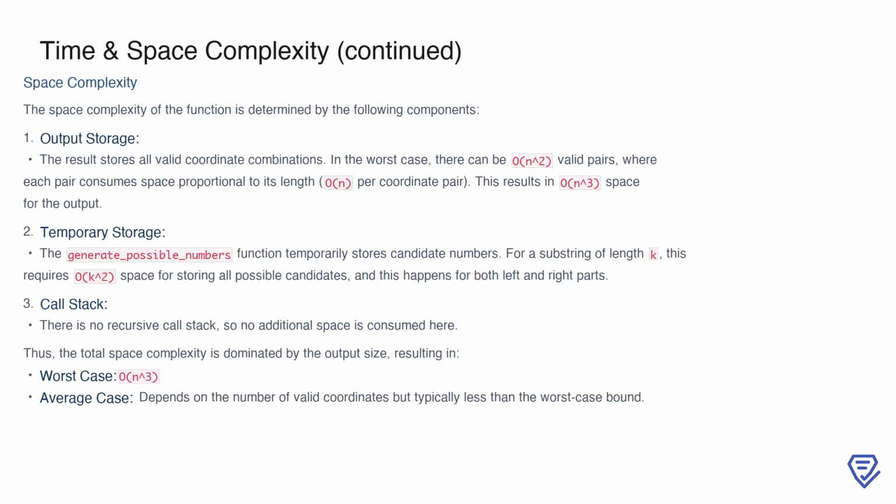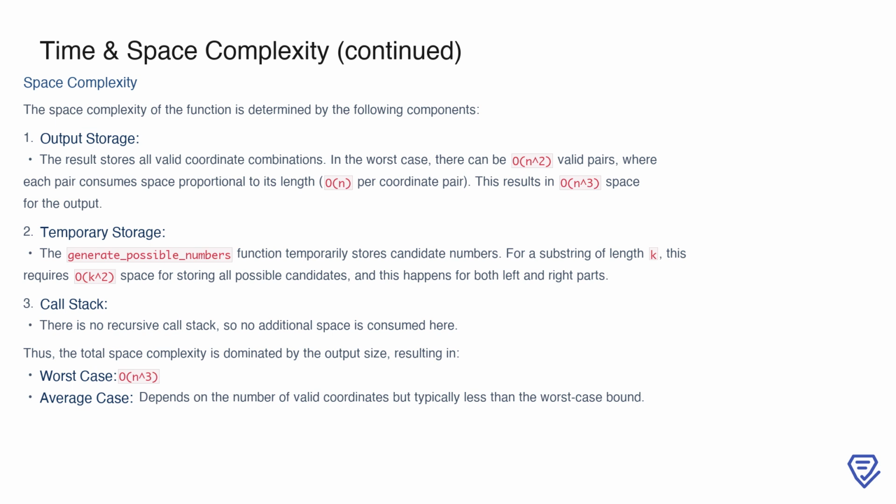To understand the space complexity, let's consider the major components of the function. First, there's the storage required for the output. The result stores all valid coordinate combinations, and in the worst case, there can be n squared valid pairs. Since each pair consumes space proportional to its length, or n, per coordinate pair, the total output space becomes O(n cubed). Next, we have temporary storage in the